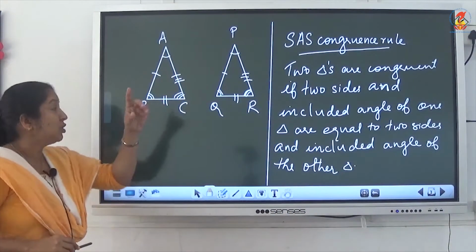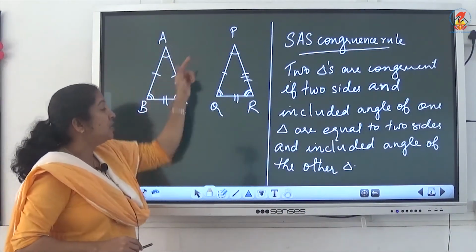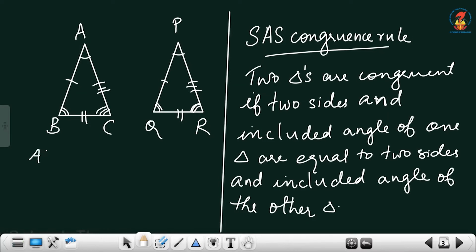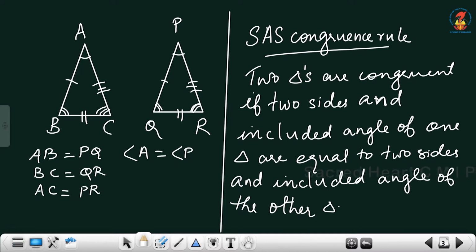Listen, this is triangle ABC and triangle PQR, in which AB is equal to PQ, BC is equal to QR, AC is equal to PR, and angle A is equal to angle P, angle B is equal to angle Q, angle C is equal to angle R. AB is equal to PQ, BC is equal to QR, AC is equal to PR, and angle A is equal to angle P, angle B is equal to angle Q, angle C is equal to angle R. This means that